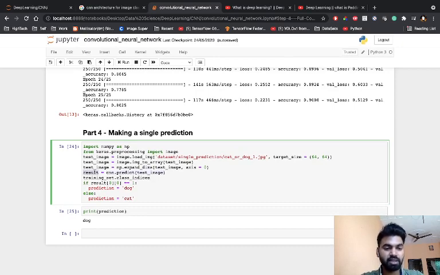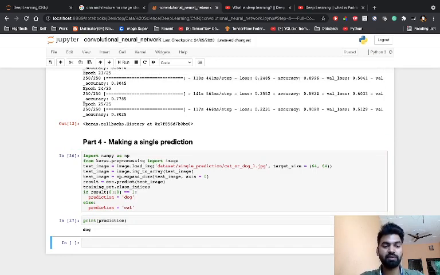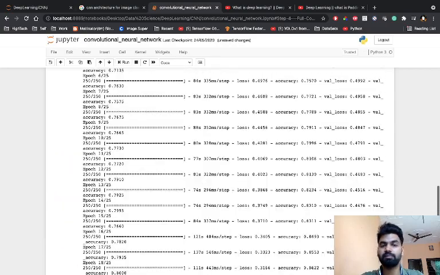The result[0][0] means the first batch, and inside the first batch the first index. If it equals 1, we can say this is a dog, or else it's a cat. Let me run this, and if we predict, we can see it's a dog, and it was a correct prediction, guys.